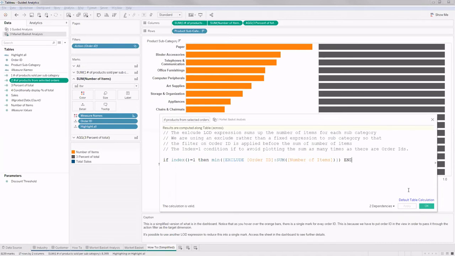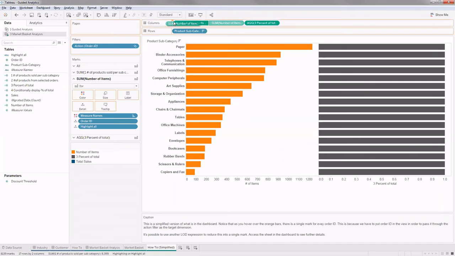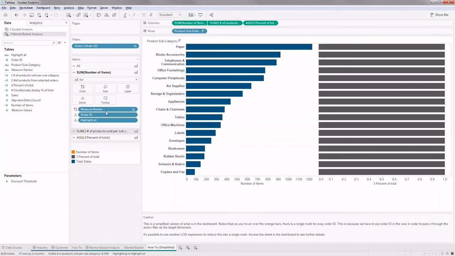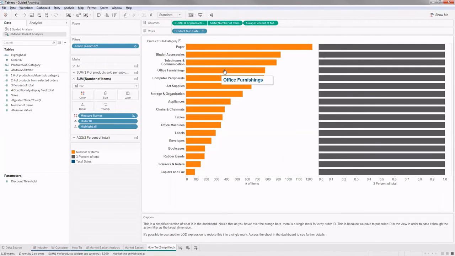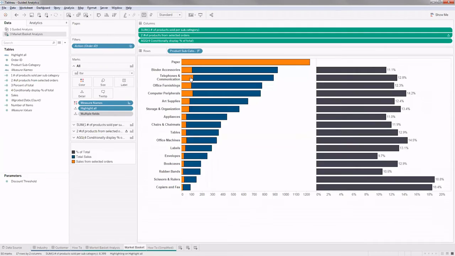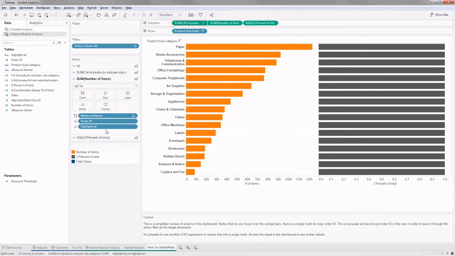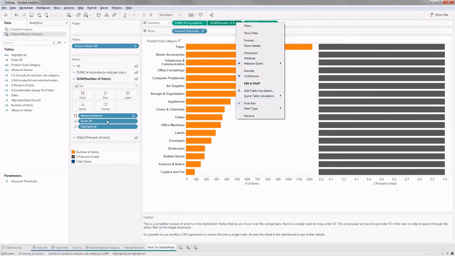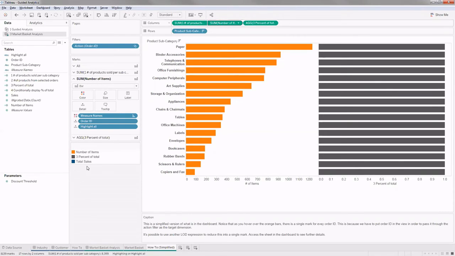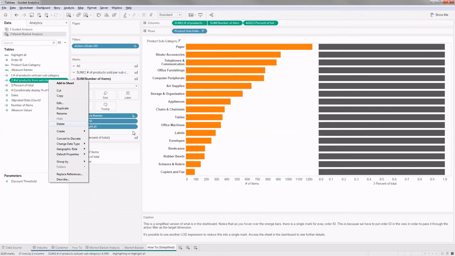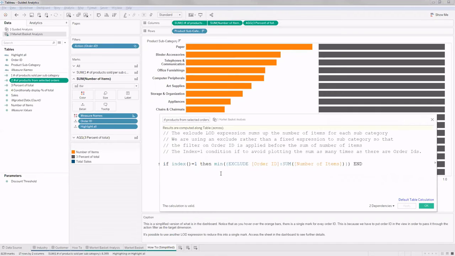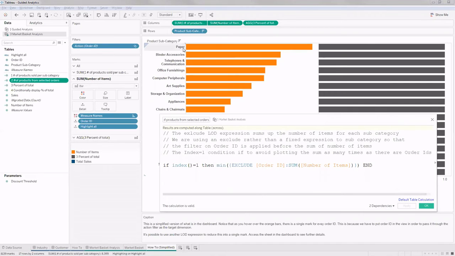Let me put this first. What happens here is that we could have different order IDs.